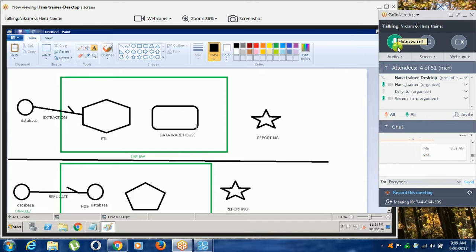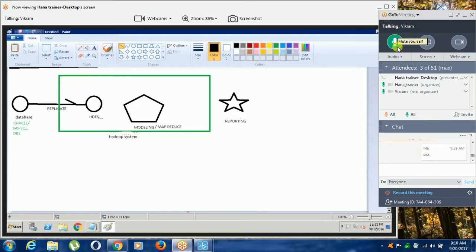Replication means just copying data, so that the data will be in the old database also, and the new database, that is HANA or Hadoop. Fine. Copy means replication. Extraction means remove. And what is the meaning of extraction then?